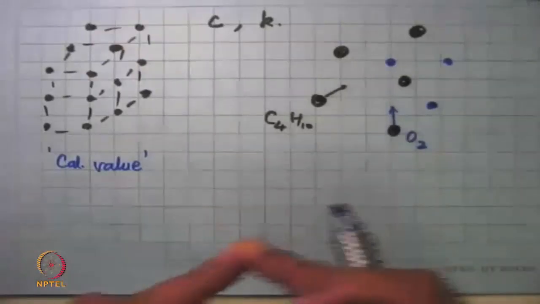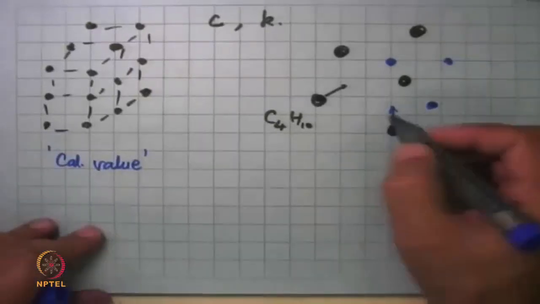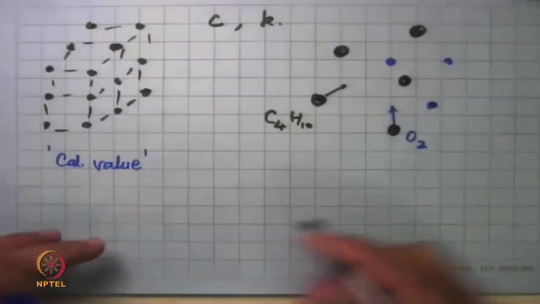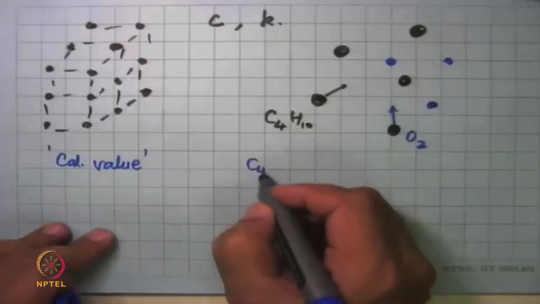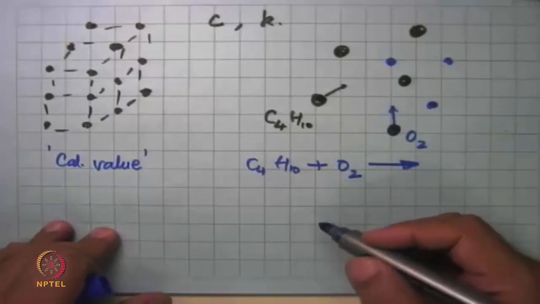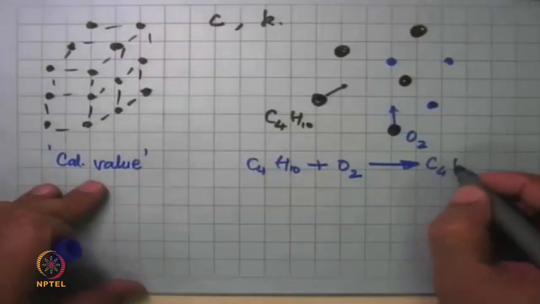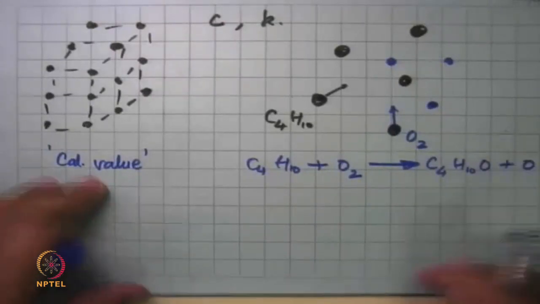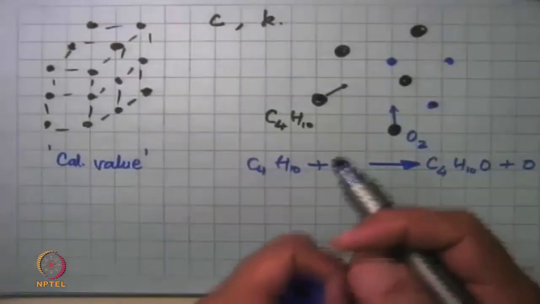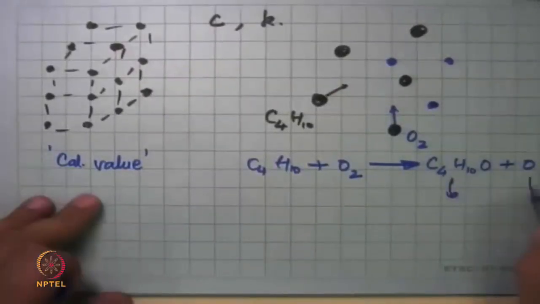But when you do it at the microscopic level, we can theoretically say, look, I'll simulate each and every molecule the way it is moving. I'll simulate the collision of two of them and see whether there will be some reaction. If so, what reaction will it be? So what happens is that when two molecules hit each other, there is a probability of a reaction. So one C4H10 molecule has come, it had hit one O2 molecule, and it does not straight away become the products. It may become something like C4H10O plus O, because the probability that three molecules will hit at the same time is practically zero. All reactions will happen only when two molecules hit each other. Then this will hit something else. This will hit something else.